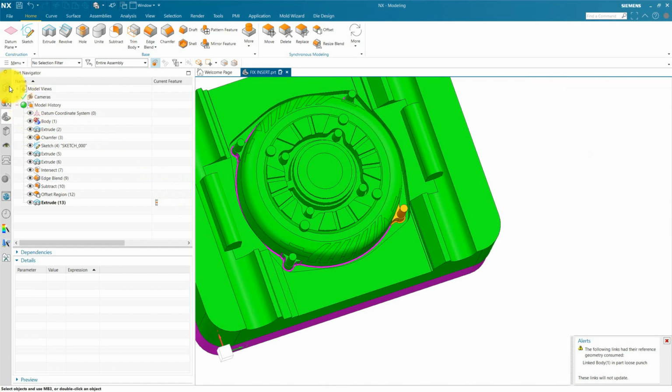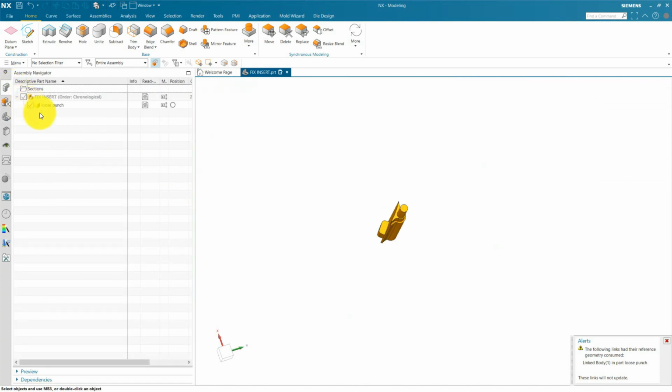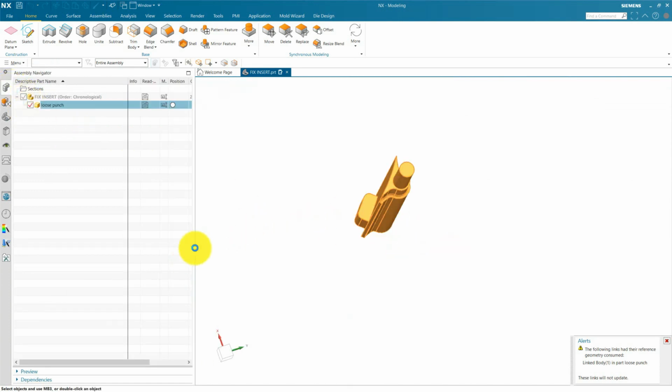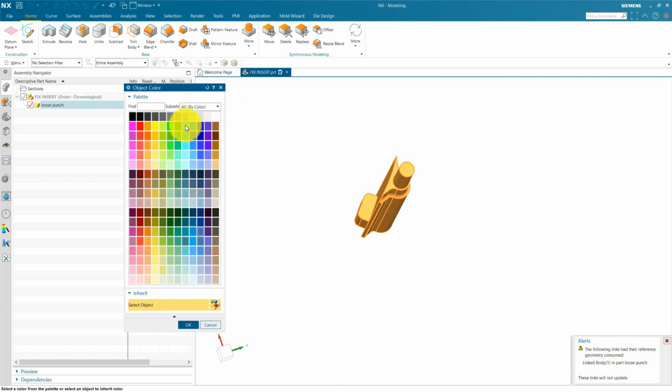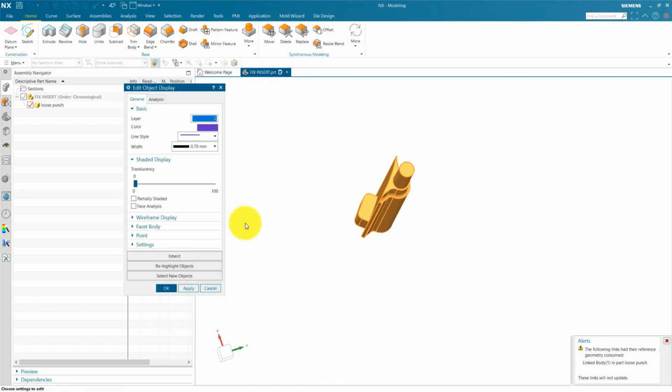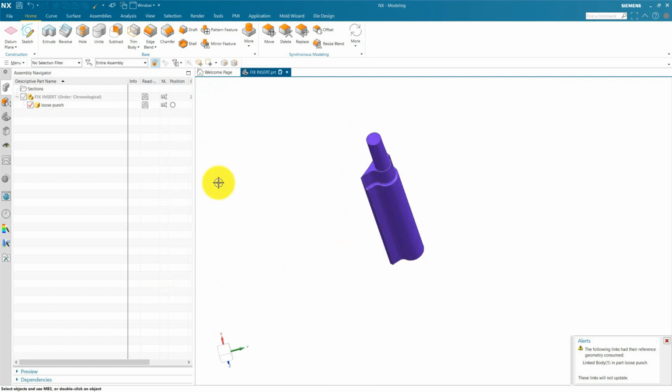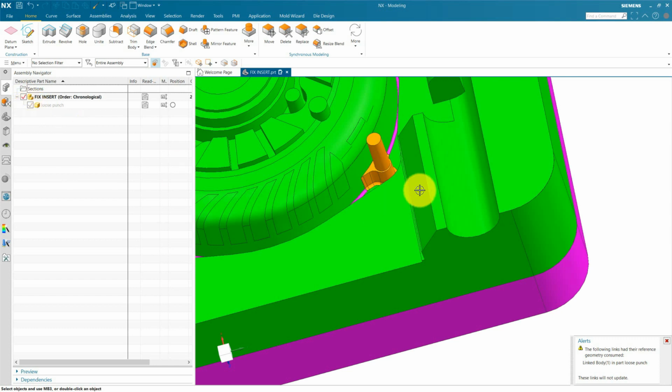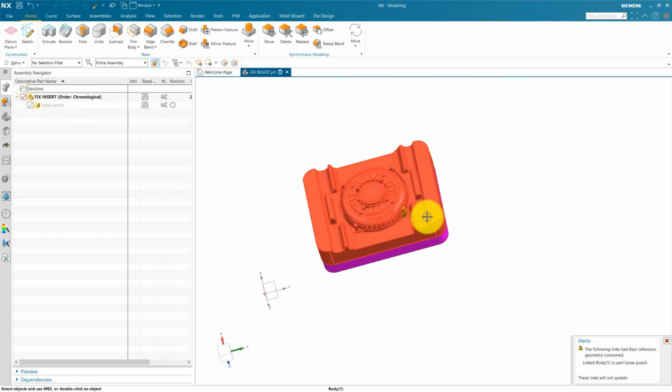We change the color of our loose punch so we can differentiate it from the solid body available in the fixed insert, or our separate part. This is our separate part, and that body is available in our fixed insert.